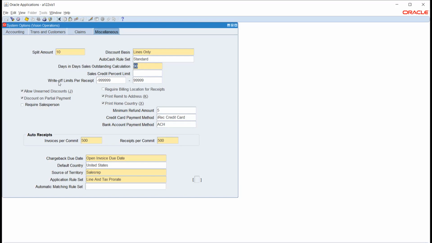Then we have something called write-off. Write-off, we can use for two purposes. Either we can use it for the bad debts, where we have given credit to the customer, but unfortunately for one reason or another, we will not receive the amount from the customer. What we will do in this case is write off. So this will be one scenario where we use the write-off. And the other scenario is that